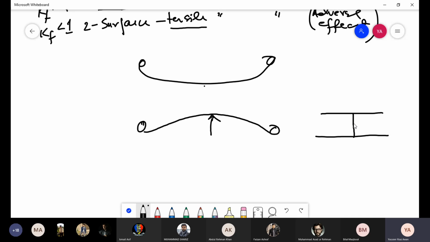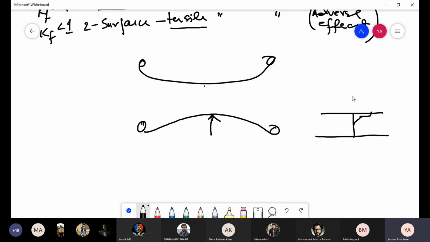In terms of deformation, you have elastic deformation and then you have some plastic deformation. Now, as you remove the load, the material at the core, because it is elastic,